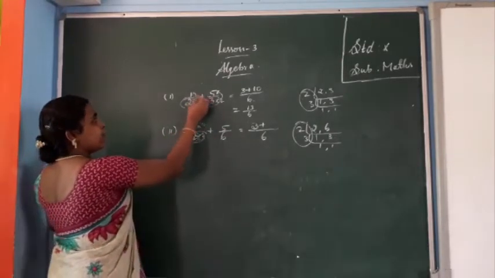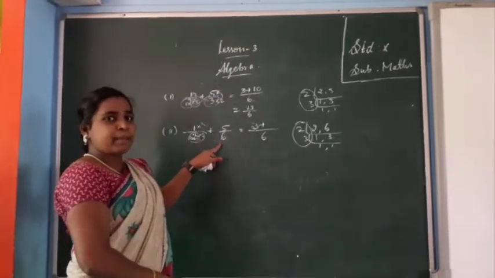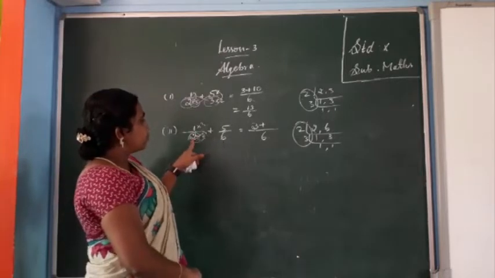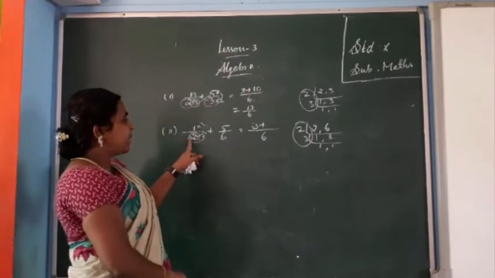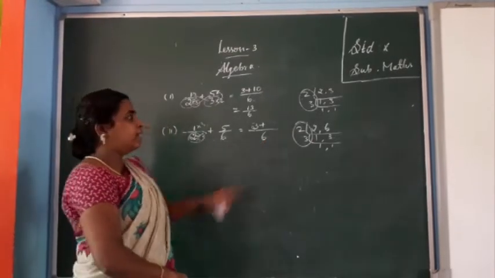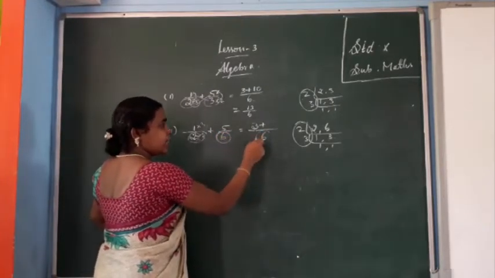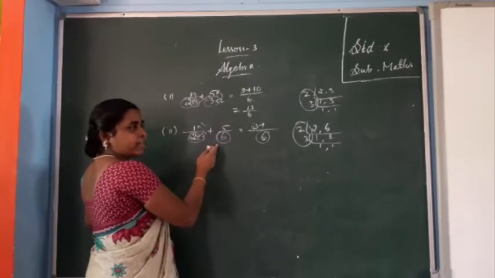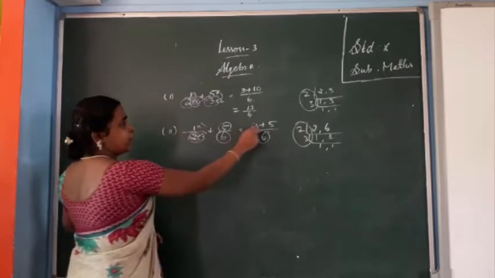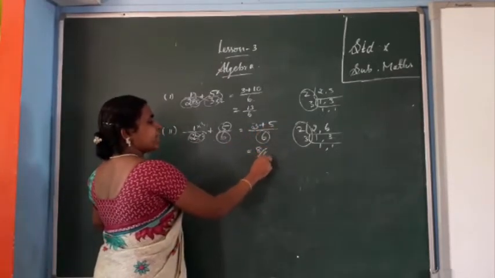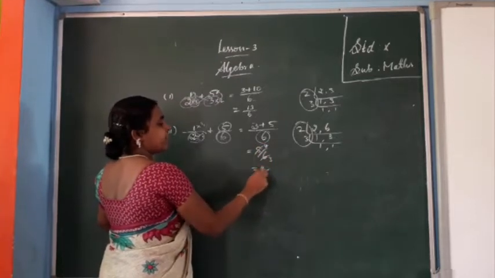Okay, like that also you can continue. But here 2 is a factor of 6 only. So one common is there, and the LCM is the same value, 6, that we got. Now you see the denominator is 6 in the second part, so here also I have written 6 only. No change. In the numerator also you should not change anything, so you write 5. That's all. So 3 plus 5 is 8. So 8 by 6. Now simplify: 4 2s are 8, 3 2s are 6. So 4 by 3. This is the answer.